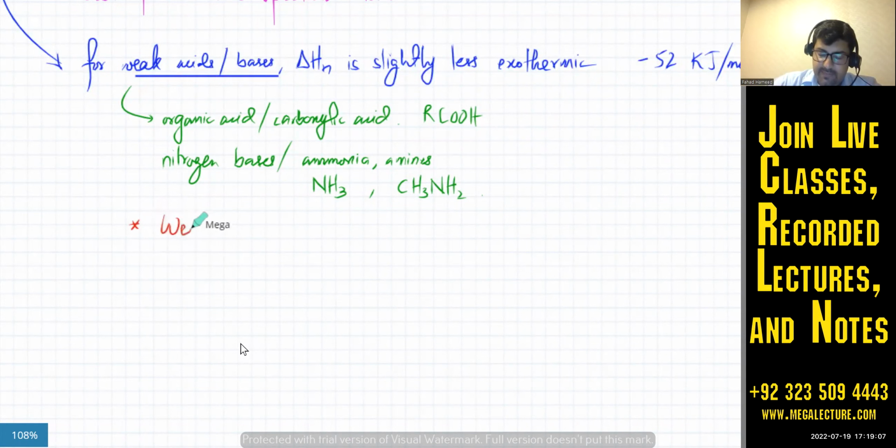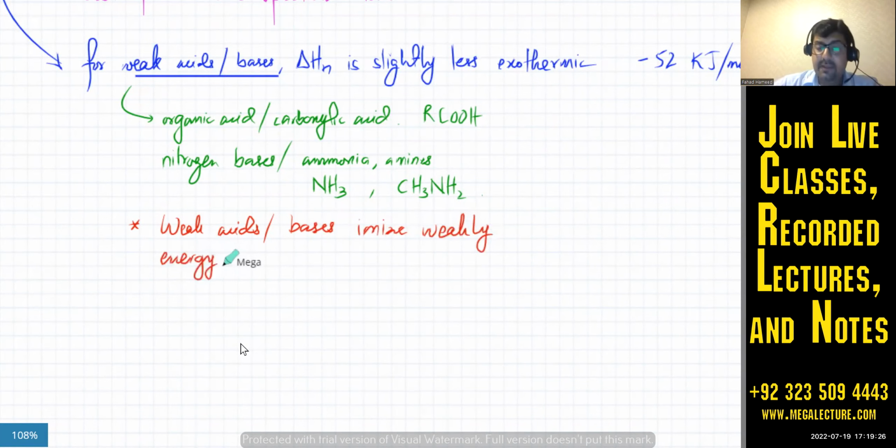Weak acids and bases ionize weakly. So energy is needed, which makes it slightly endothermic or less exothermic. So energy is needed to ionize them so that they can